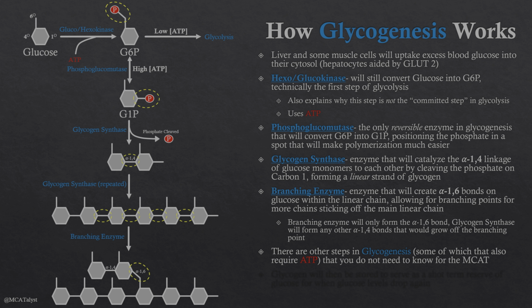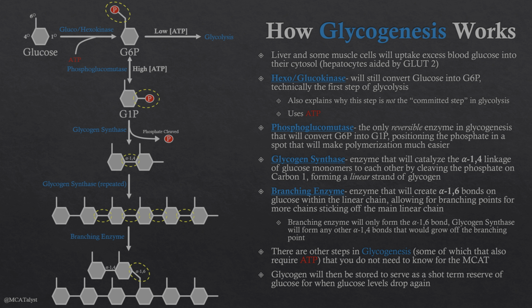Glycogenesis doesn't necessarily have a stopping point. There isn't one structure of glycogen. It's basically just a really big polysaccharide of glucose that we're just going to keep adding on to as needed. So from here, glycogen is then going to be stored as a short-term reserve of glucose. It's really easy for us to basically just start chopping off each one of these glucose monomers in a process called glycogenolysis. We're going to talk about that in a different series of videos whenever we start talking about the short-term fasting or post-absorptive state, that we can basically just store this glycogen for those later times when glucose levels